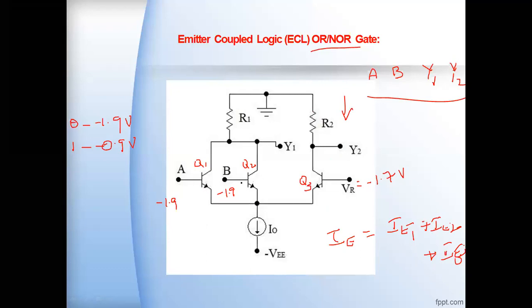What about the transistors Q1 and Q2? They are in the conducting state, but the current flowing in them is very small because we have a constant current in the circuit. That current has to be split between the three transistors here. And because of this, the transistor Q3 conducts more. So therefore, the maximum current drops across the R2 resistor because of the high current. As it has the more negative voltage drop, the output will be viewed as the logic 0.